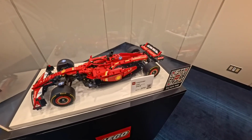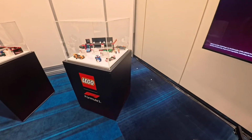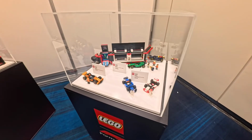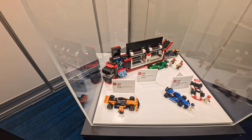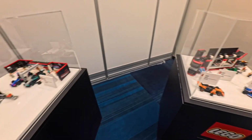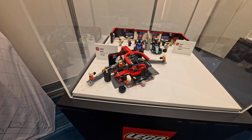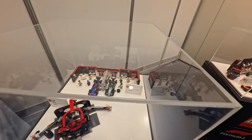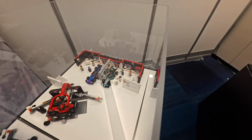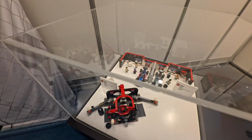This is definitely one that I have to add to the collection. Cannot wait. Next to that we have a couple of the actual Lego City sets. So we have the actual truck that's bringing alongside a couple of the other cars. And then right next to that, you have the actual garage as well as a pit stop for the Ferraris. The actual garage brings the Mercedes as well as the Alpine cars. That's pretty cool. And then over here,